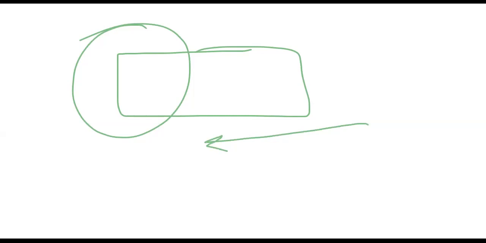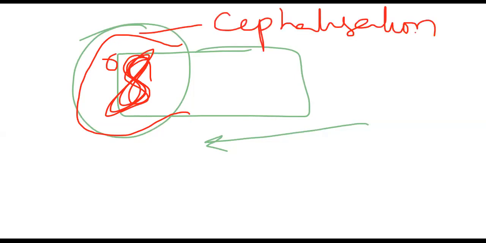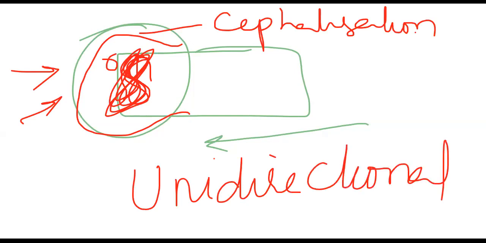The part which is moving first slowly developed into the head region. Sense organs are developed, and a centralized nervous system is developed there. We call the development of the head cephalization, and the concentration of the nervous system is to protect from predators and enemies. All this happened because of bilateral symmetry with its characteristic feature, that is unidirectional movement.